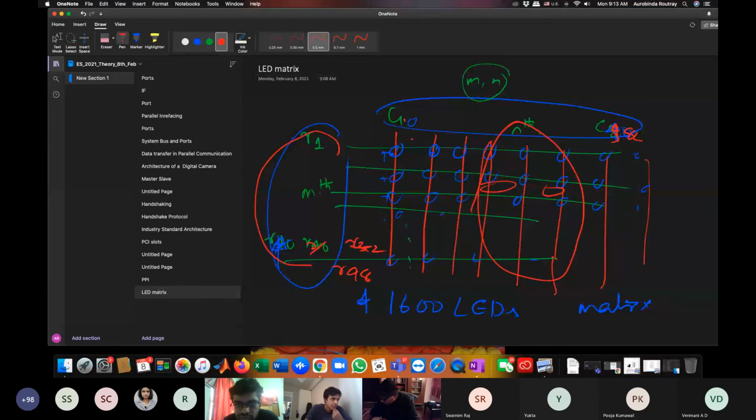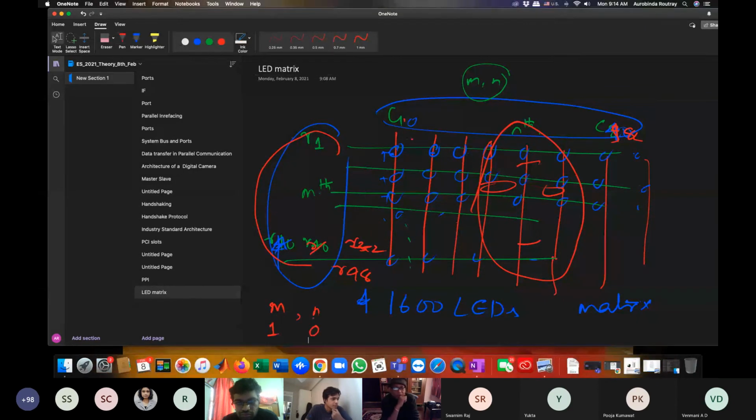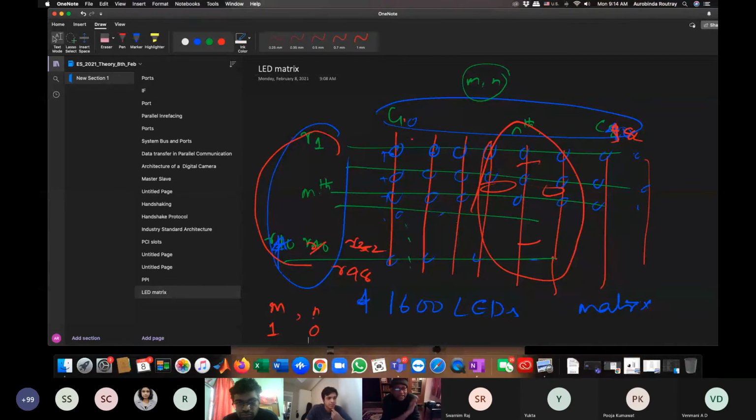In this space, your face will be like this. So that means some LEDs will glow. Out of 48 rows, you have to select the mth row and nth column, make it 1 and make it 0. That LED will glow; everything else will be 0. It will glow for a time, so you do this very fast. If you scan it again and again very fast, it is called raster scan. Because of persistence of vision, you'll be able to see it.